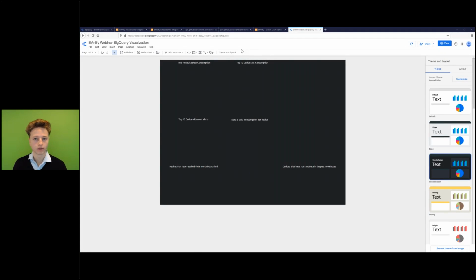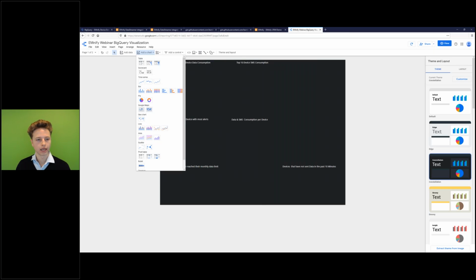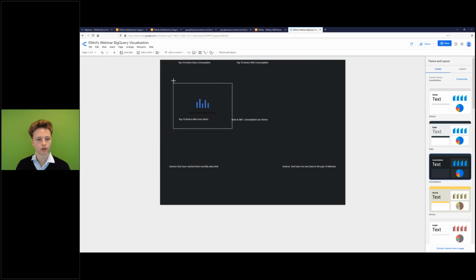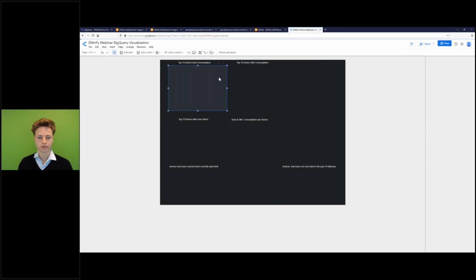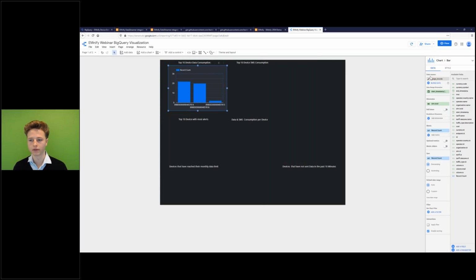Okay, now that we are in Data Studio, we need to add a chart. And the first one we'll do, as I said, is the top 10 device data consumption. So I will add a bar chart right here. For this graph, we need to make sure that the data source is usage records. If it says event records right here, we need to delete it and then click Add Data Source and